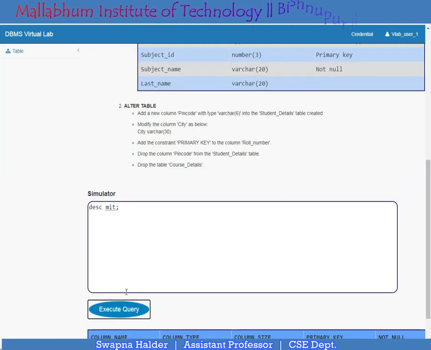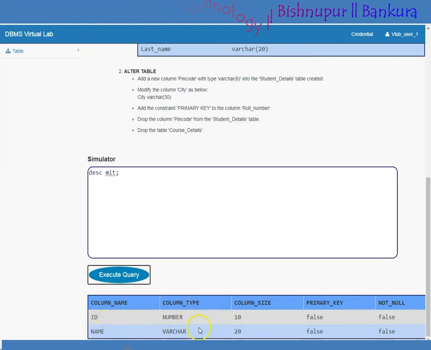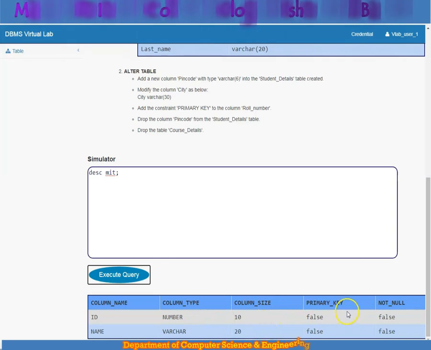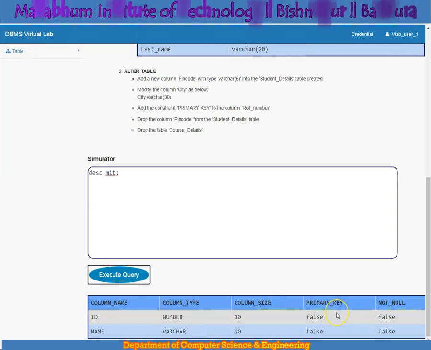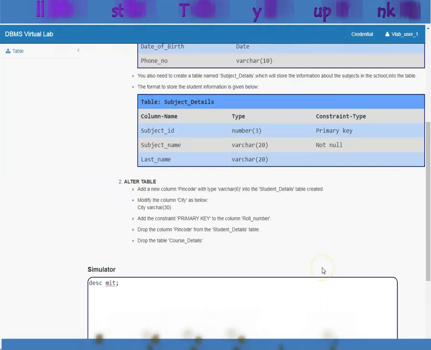You will get the details of the table you have created. That means the ID field and the name field. This is the column type and this is the size you have provided, and these are the remarks or the description, that means whether you are providing the primary key or whether it is defined as null or not. Okay, so this is the syntax for creating any table in the virtual lab.